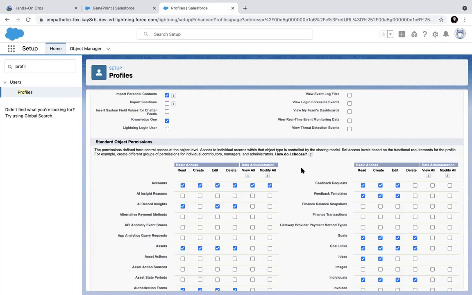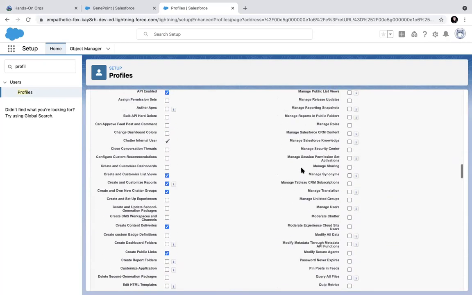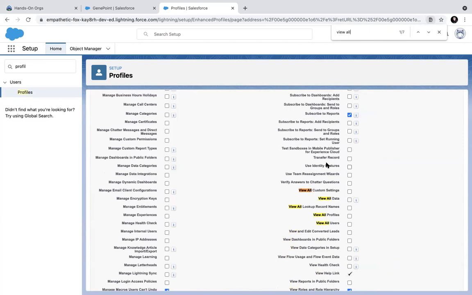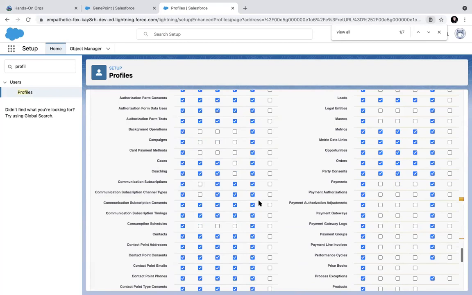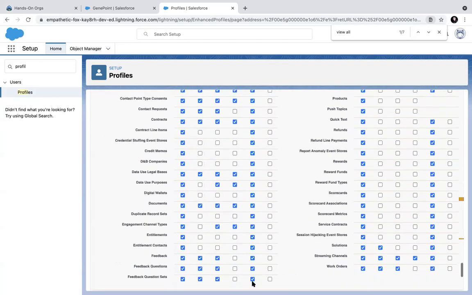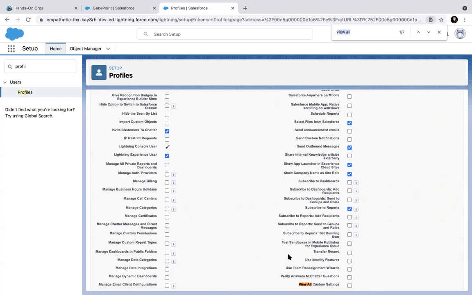Clear? There is a View All Data tick box here. It is just like a select-all option. If you tick this, the View All tick happens for all objects automatically. There is a Modify All Data also.